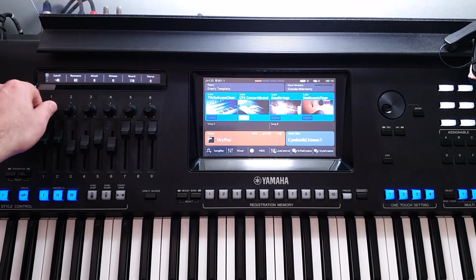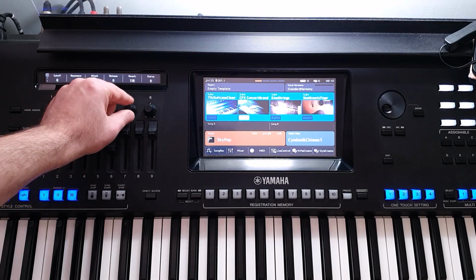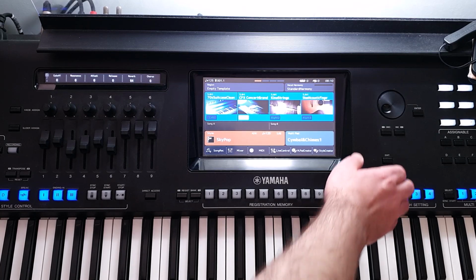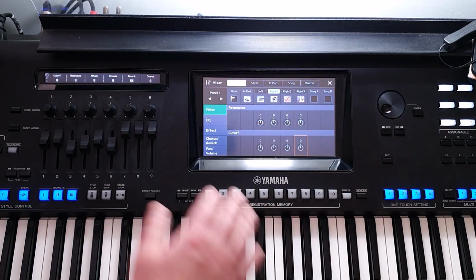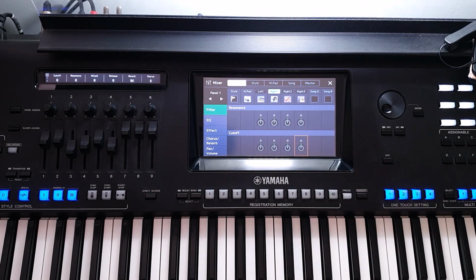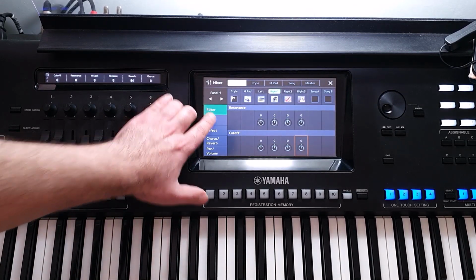I'll revert them one by one to their initial position, and then we go to the mixer. Now I've assigned the mixer to the assignable button A, but obviously you can access it through the menu, it's the same. In the mixer there is a filter tab.